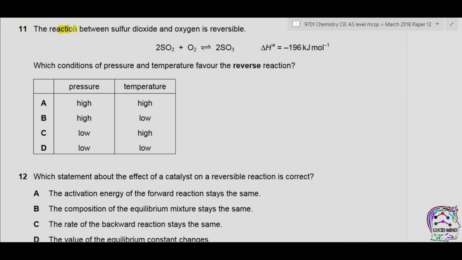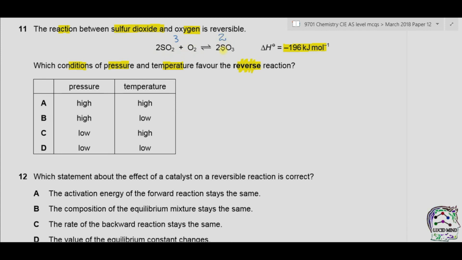Question 11. The reaction between sulfur dioxide and oxygen is reversible. This is the reversible reaction and the enthalpy change is negative, which means it is an exothermic reaction. Which conditions of pressure and temperature favor the reverse reaction? First is pressure. Pressure depends on the number of moles. We have 3 moles on the reactant side, 2 of SO2 and 1 of oxygen, and 2 moles on the